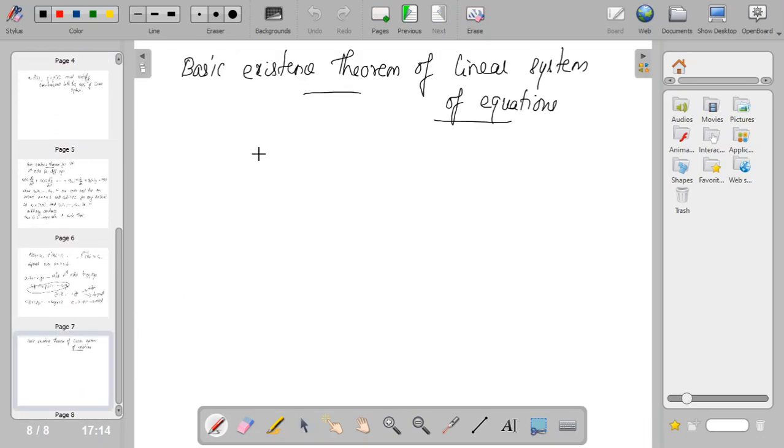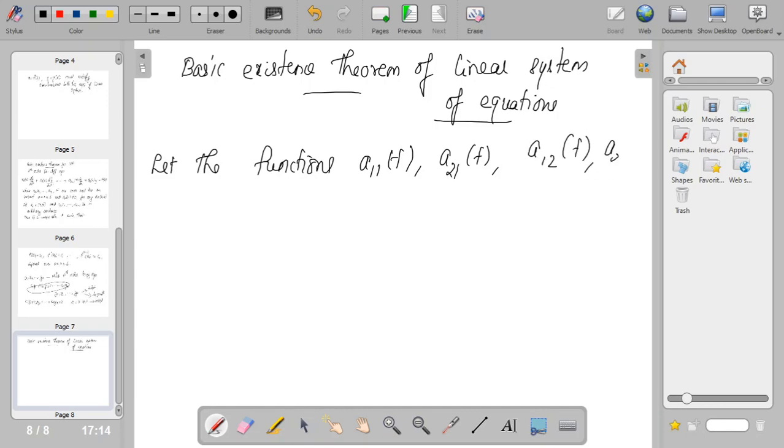Let the coefficient functions a11 of t, a21 of t, a12 of t and a22 of t, and f1 of t, f2 of t be all continuous